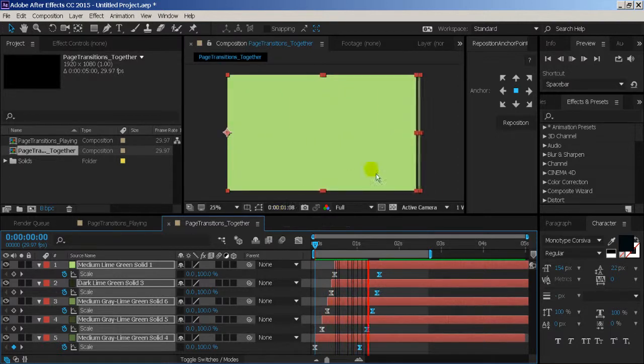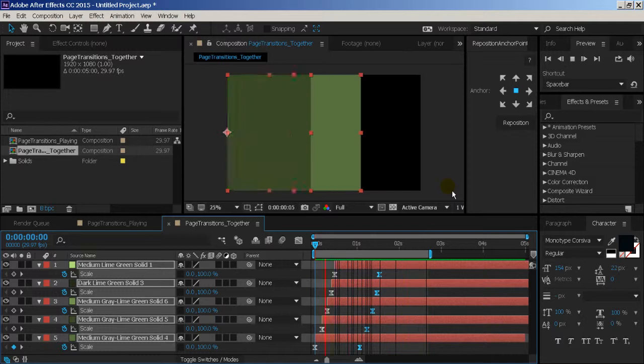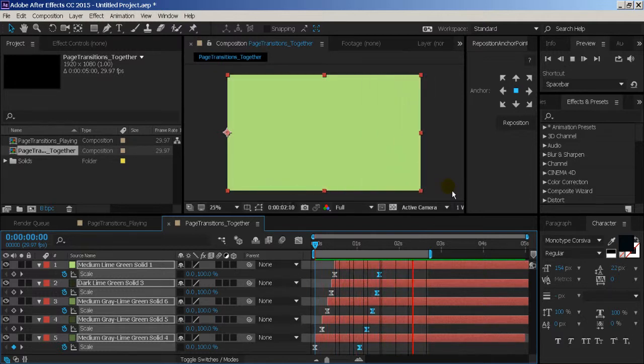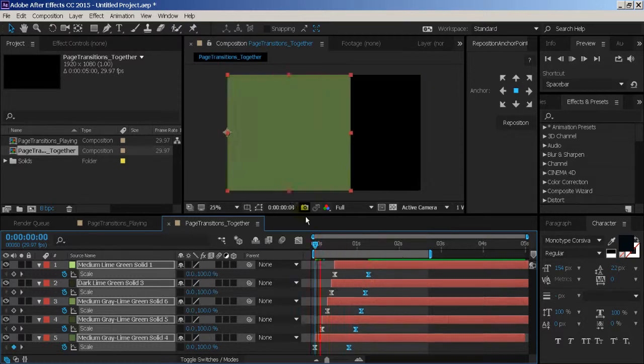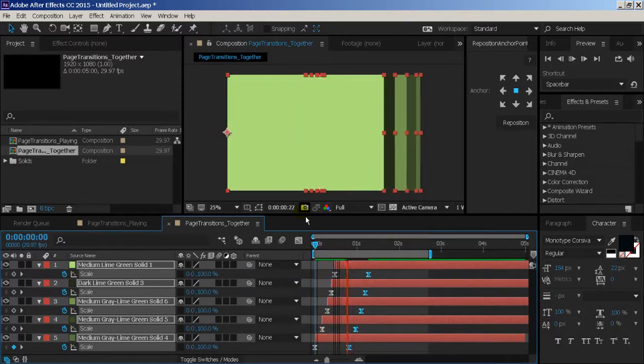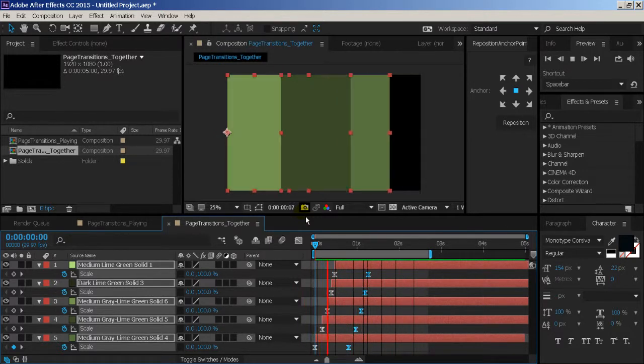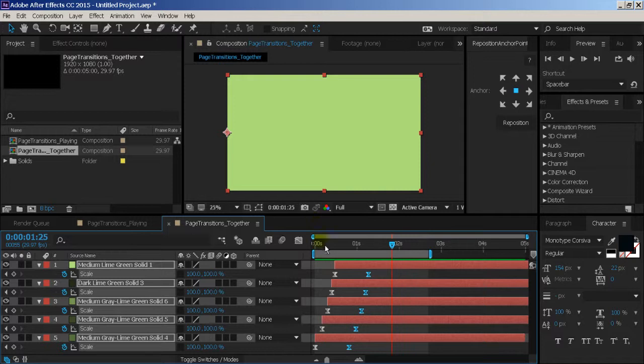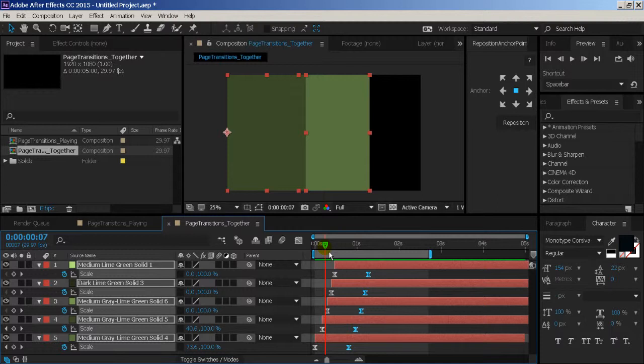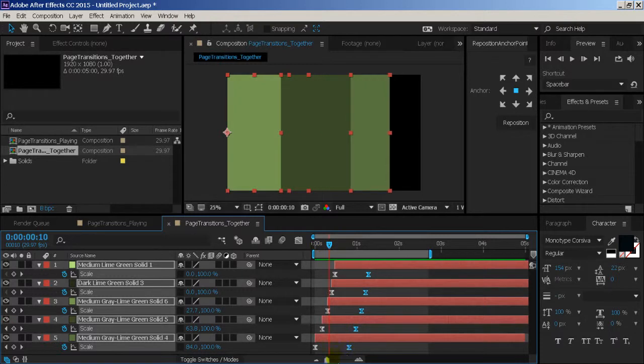So it looks like it's going slow. In a second, it'll play it in real time. There we go. Okay, and maybe even a little bit quicker still. There we go. So you can see how we can play with these transitions and really affect how all of this is happening. I could also go through, and if I don't like how big these gaps are here,